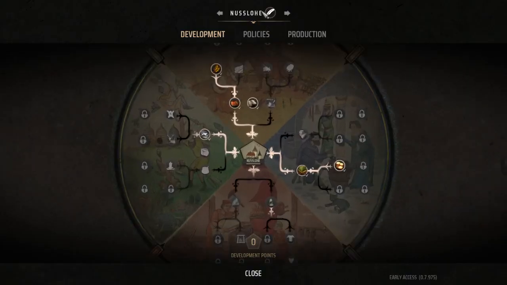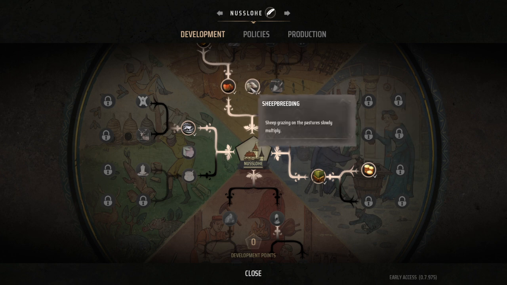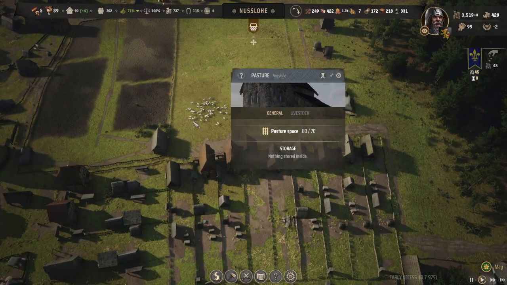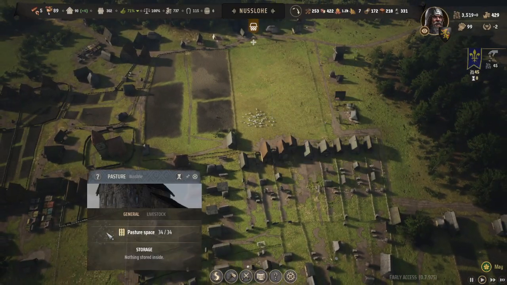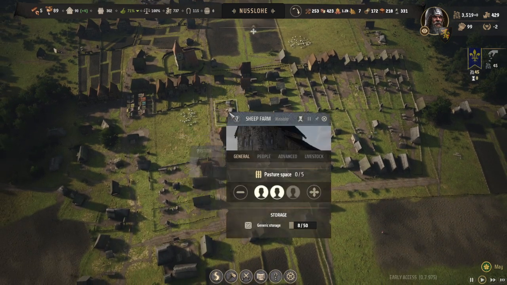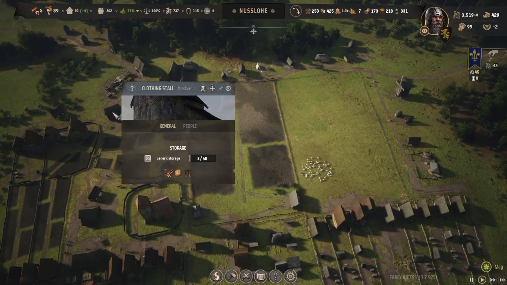Additionally, in this tier with our third development point, we will be picking up the sheep breeding, so sheep grazing on the pastures slowly multiply. As you can see, we have a boatload of sheep in different areas, and what this is going to allow us to do is to utilize the sheep farm to get some wool, and additionally, we can also start selling some wool